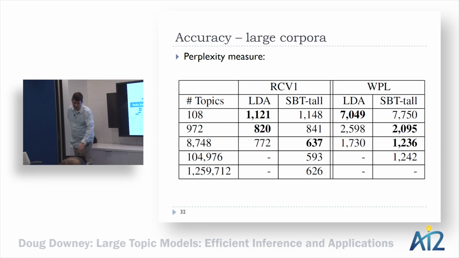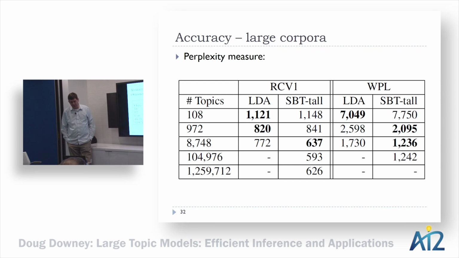Oh, great question. Yeah, so I kind of skipped over all this. It is sensitive, but we tried to make the best choices of hyperparameters as we could for both methods. This LDA system is McCallum's sparse LDA package. It re-optimizes the hyperparameters every so many iterations. If you don't do that, you can actually get really bad perplexity. It's really easy to turn this alpha knob and make these things really bad. But we're doing this re-estimation. This is about as good as we could get for LDA.